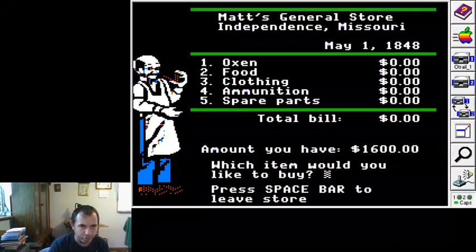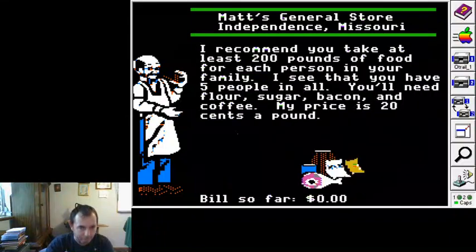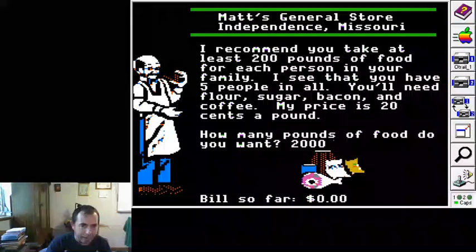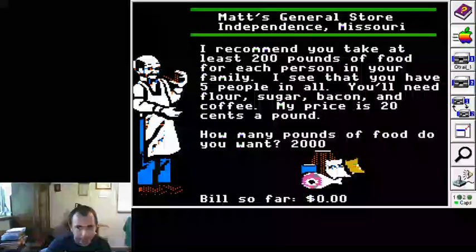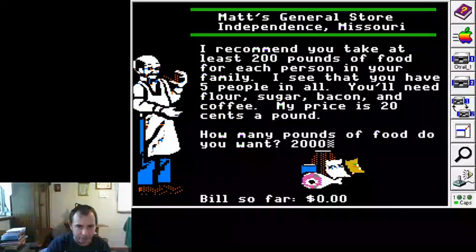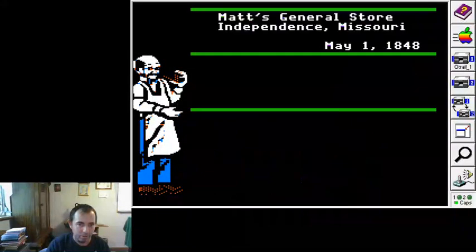Matt, the owner of the general store, gives you some advice on what to buy. So first thing that I'm going to do is buy the food. Can carry a max of 2,000 pounds. And I found it's best to buy as much as you can early on because the prices increase as you progress along the trail.